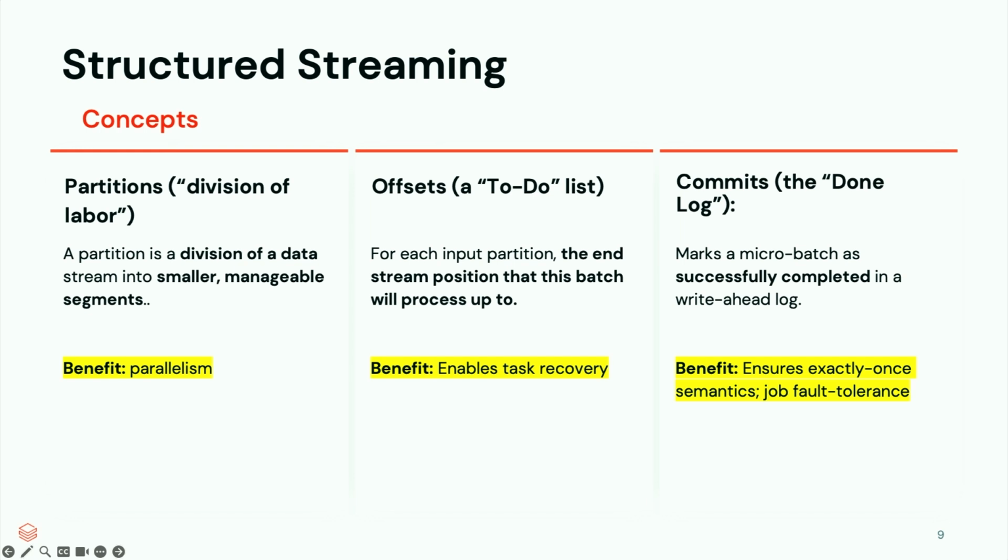And then finally, there's the concept of commits. This is the done log. You can think of it as a done log. After a microbatch successfully processes its data and writes to its destination, or the sink, Spark records the completed batch number in a commit log. And this log simply notes that the to-do list for that batch is finished. And its real job is job-level fault tolerance. If your entire streaming application crashes or restarts, or you're using the available-now trigger, it'll first check that commit log when it restarts. So if it sees that batch 123 was successfully completed, it will start the new run